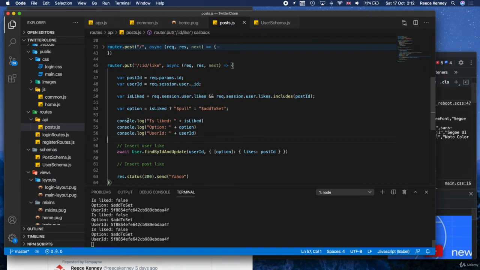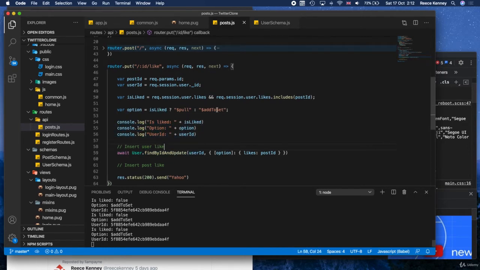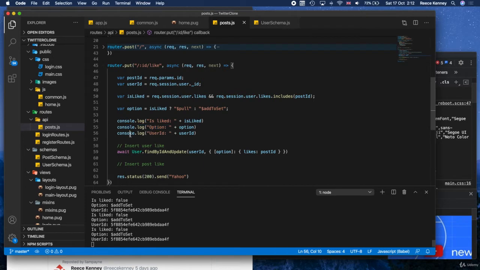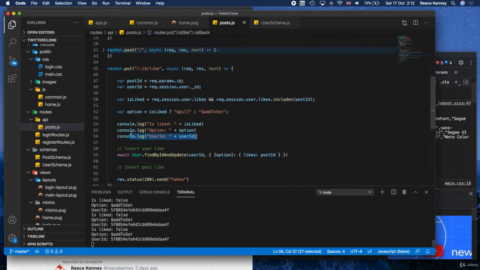So last time what we did is we added the logic to like a post, and you saw me scrambling to figure out why this wasn't working, but it was good for you to see how I would go about debugging a situation like this. The first step is to log your variables and make sure they contain the correct values, which ours did, so automatically eliminated the possibility that the variables are wrong, which led me to think that maybe there was something wrong with the call itself, and then I added an await, just guessing between you and me, but it worked.